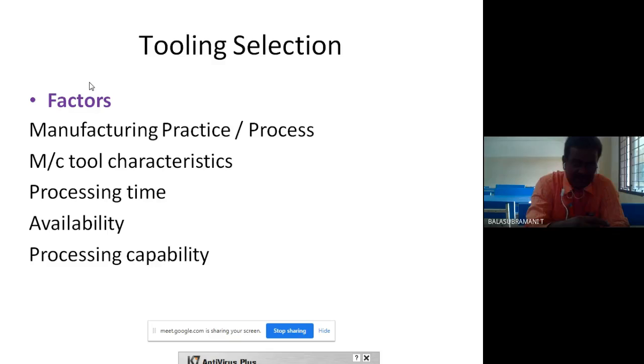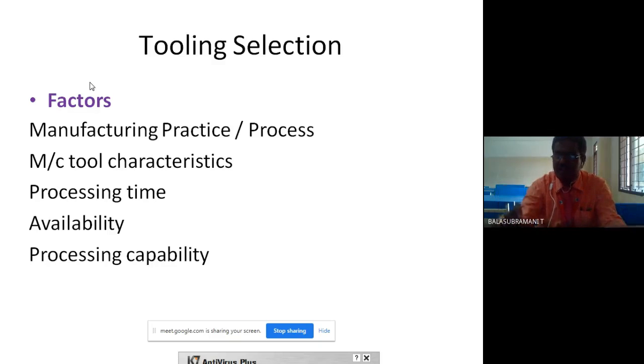Next, we select the tooling. What are the factors to select the tools? Manufacturing practice or process, machine tool characteristics, processing time, availability, processing capability. Manufacturing practice or process: if you do a turning operation, you must use a turning tool.